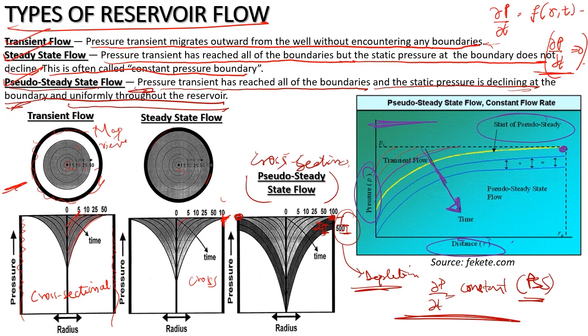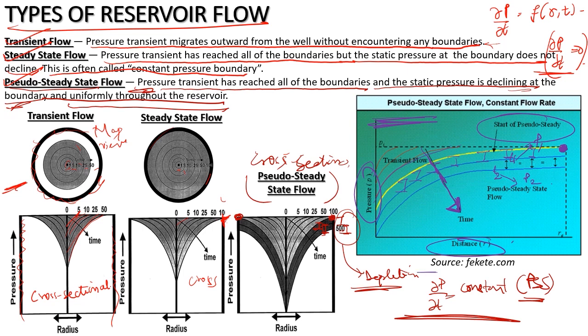That means my pressure response has reached the boundary, and now with time you can see that my delta P is declining constantly throughout the reservoir. Okay, so this would be at time t1, and this is for time t2. For time t1 I have p1 reservoir pressure throughout, and for time t2 I will be having reservoir pressure p2 throughout. All right, so now let's move further.